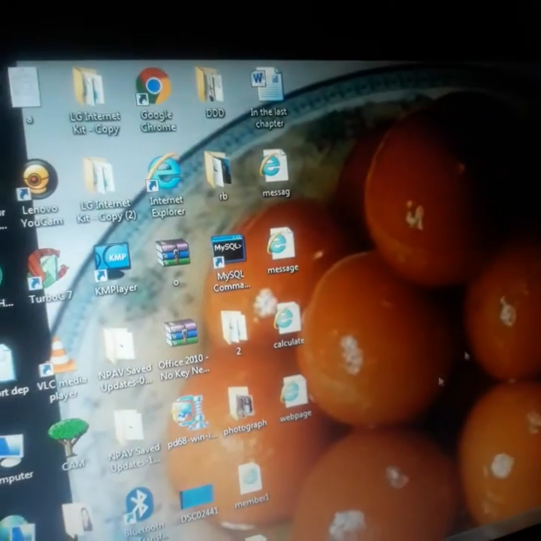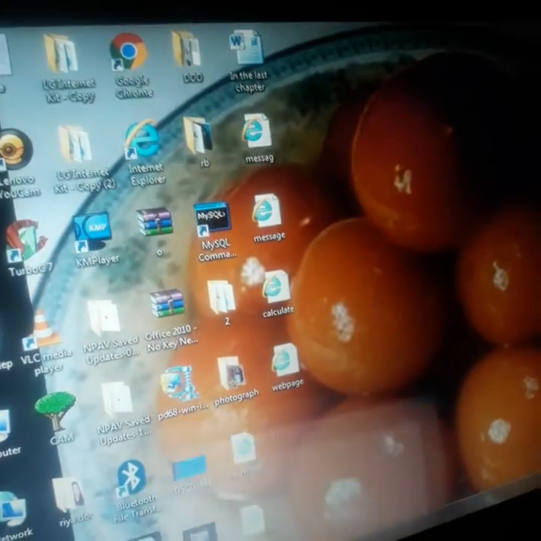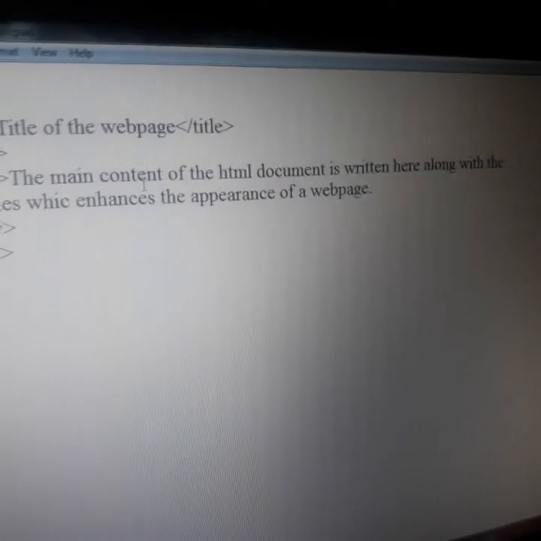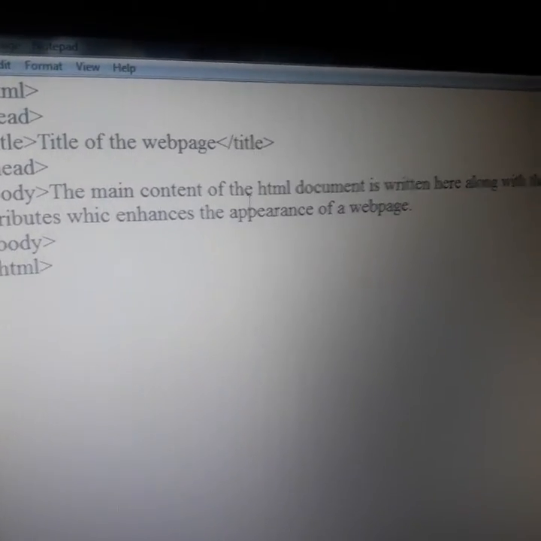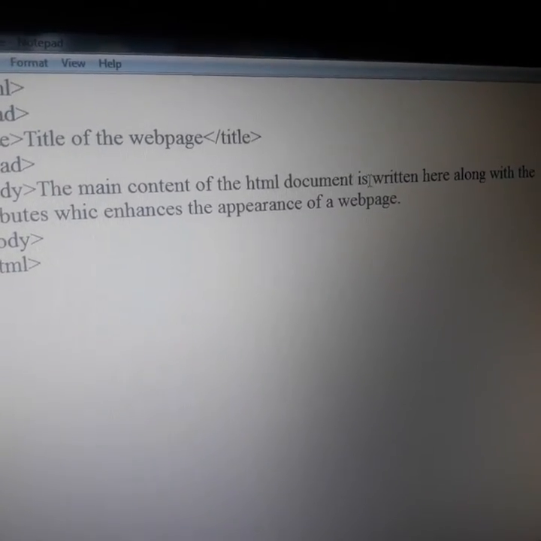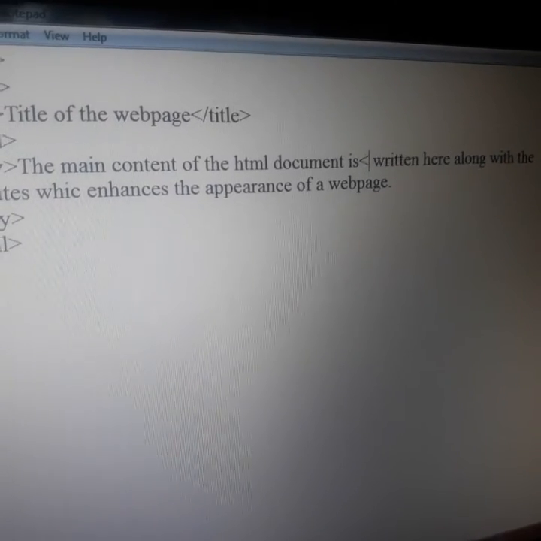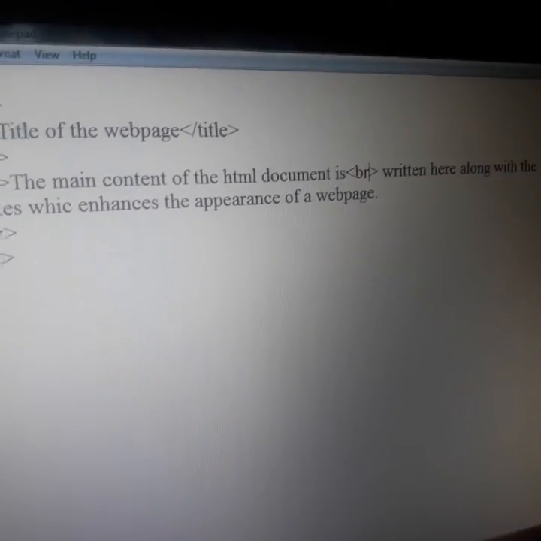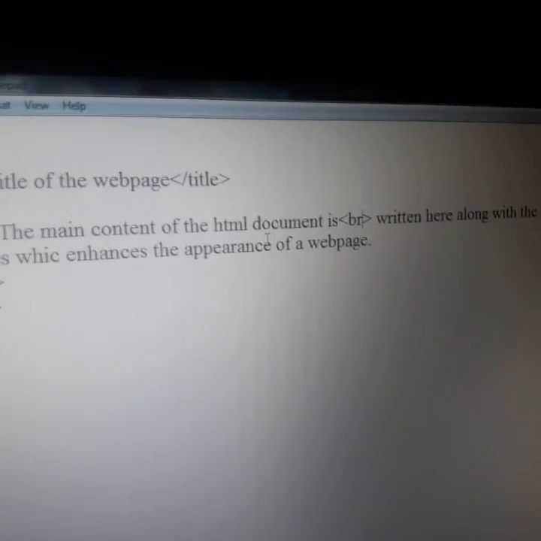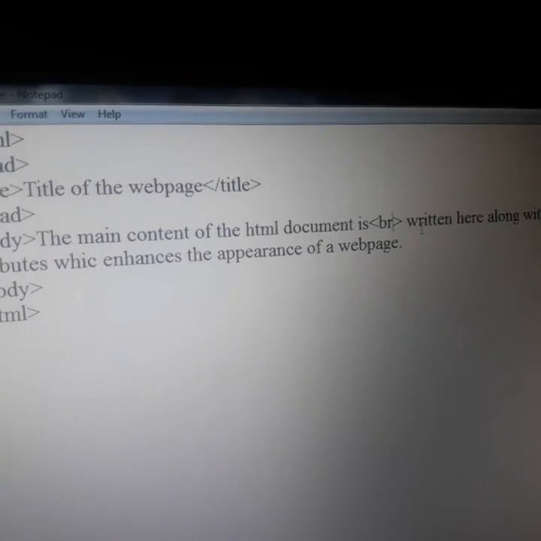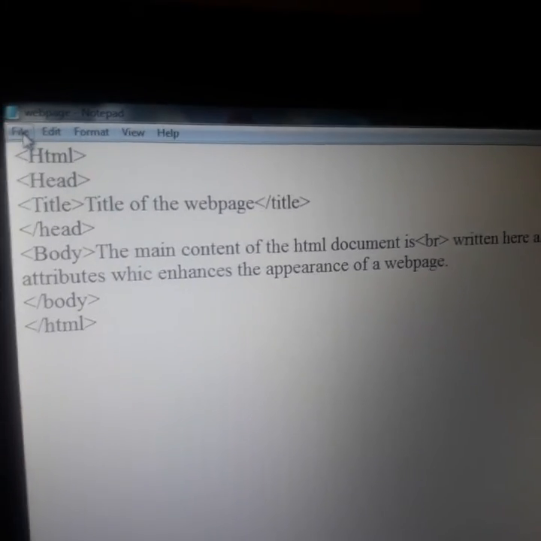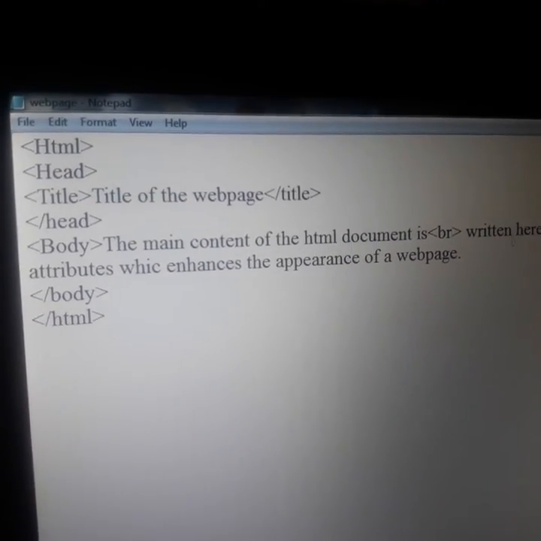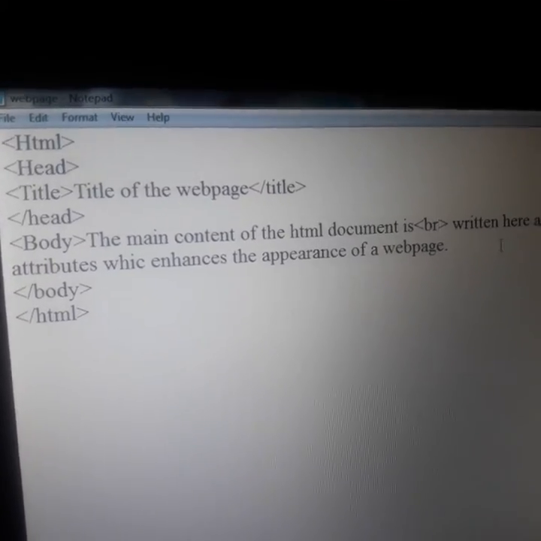One more thing I want to discuss. This is the simplest type of document. Now how to add a break tag? After "is" in the main content of the HTML document, let's add the BR tag. So one BR tag is added here. What is the use of the BR tag? It is the same as pressing the enter key: whatever sentence is written after the BR tag will go to the next line.